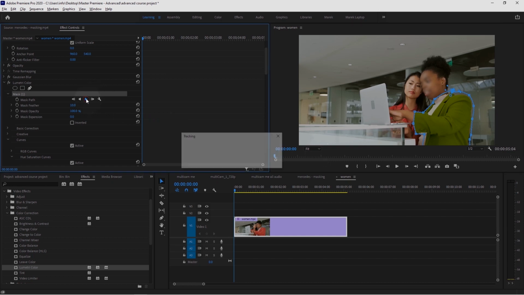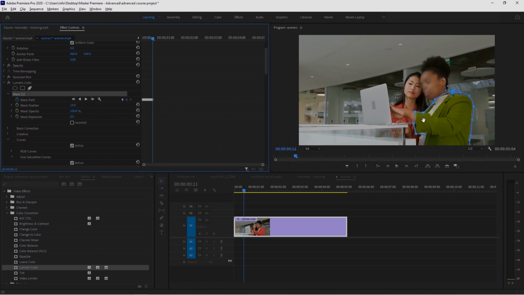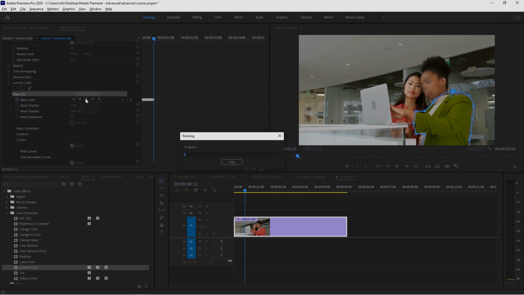And let's start tracking it. There we go. So we've changed the color of her coat. I think I should move this point up a little bit. So I'm going to stop it. And I'll move it up a little bit. I need to be careful because they both wear the same color. So I continue tracking. This is just an example to show you how you can apply any effect and track